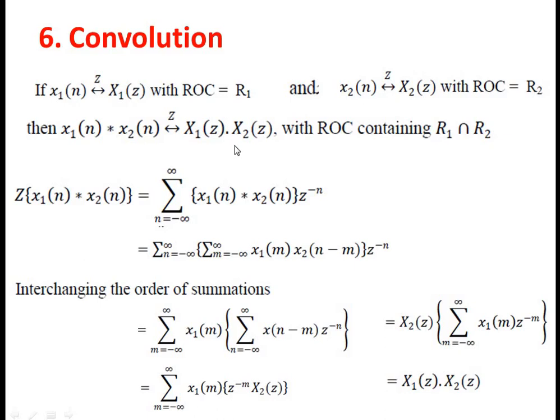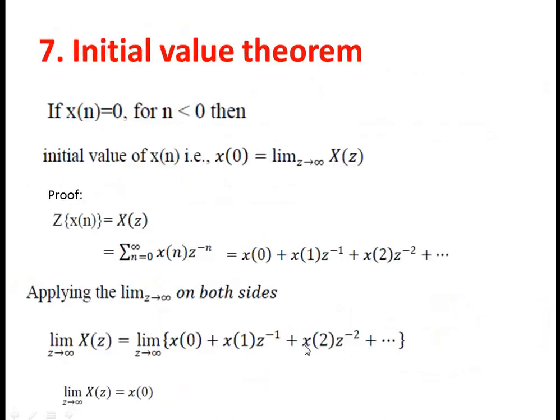It means that in the Z transform, if you multiply the Z transformed signals of two signals, the same thing happens as taking the linear convolution in the discrete time domain. So in the time domain we take linear convolution, and this symbol is linear convolution. For convolving two signals, we just multiply in the Z transform. This is the meaning we convey from this convolution statement, and this is the proof for the convolution statement.